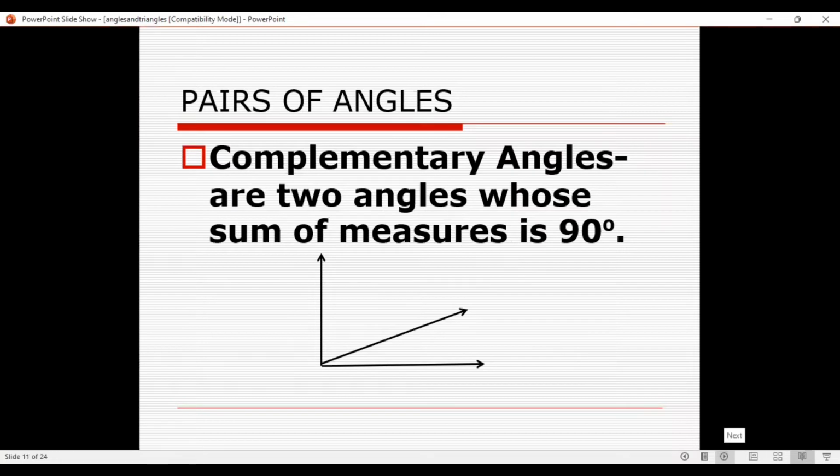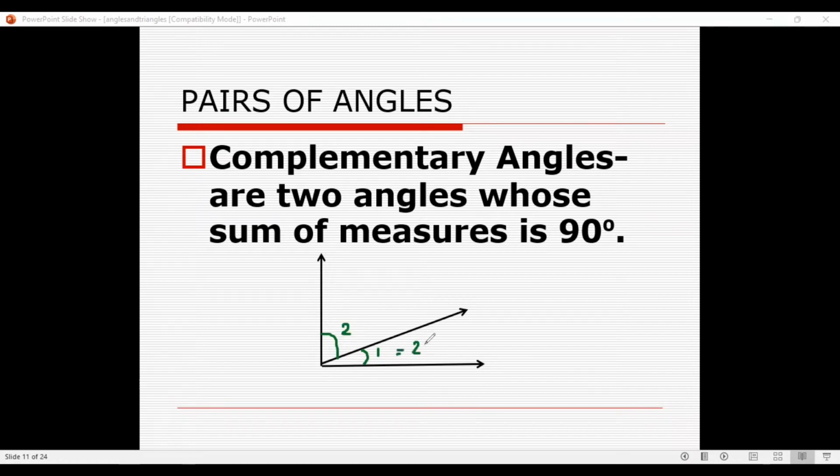And that is now your complementary angles. When you say angles are complementary, it means that the sum of the measures is equal to 90 degrees. That means if you add the two measures, they form a right angle. So the sum is always 90 degrees, which simply means that if I let this angle,